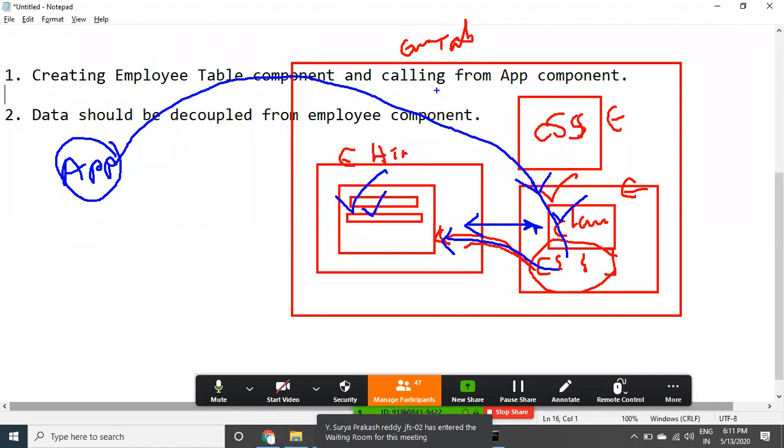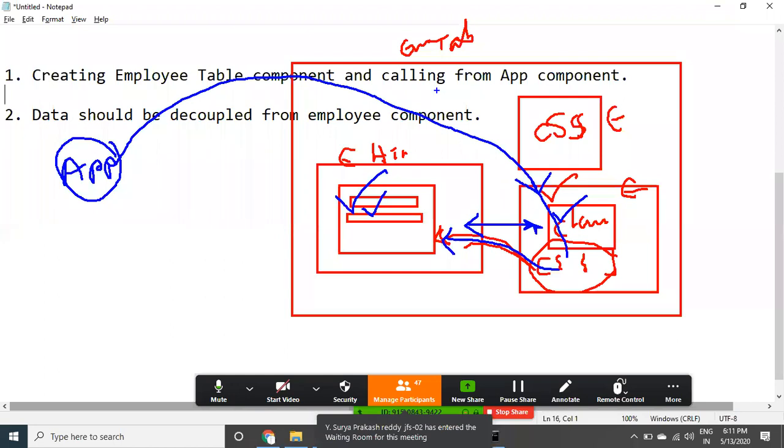Suppose I would like to display employees department wise. For each department, I would like to display one table. Every department contains employees only. If I have five departments, suppose the HR department, how many employees are there in the HR department?